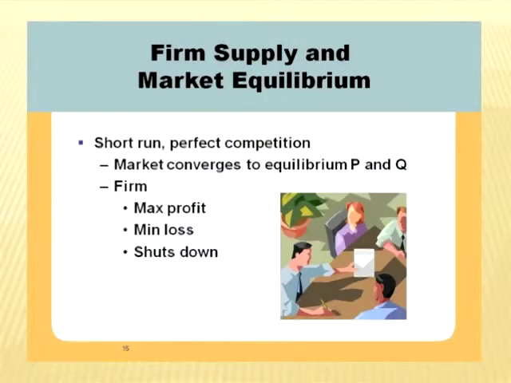Remember that it occurs when we have lots and lots of buyers and sellers. The product is a commodity. No one cares who they buy from, and so as a result, both the buyers and the sellers are price takers. They just assume the price is what it is and that they have no control over it. Reminder, where we finished last time is we had the market in equilibrium.